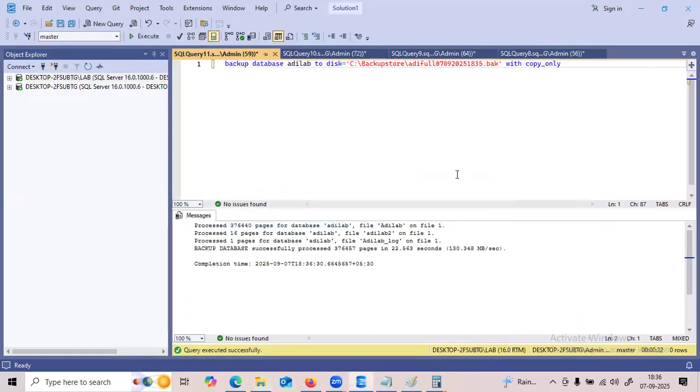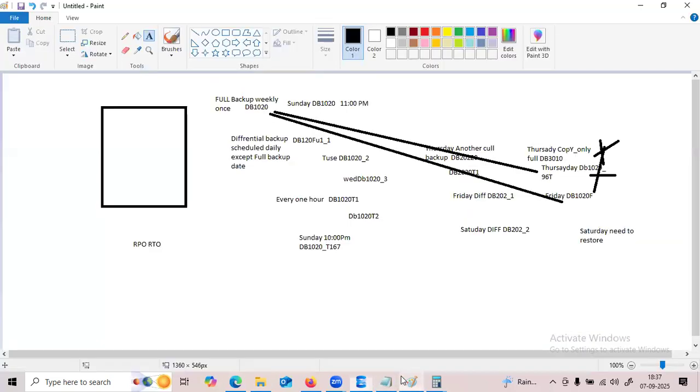And suppose if I want to provide the data up to Friday, what do I need to do here? If I don't want to take the full backup, I have to restore the full backup, restore the differential backup, then restore the transaction log backups to another database.